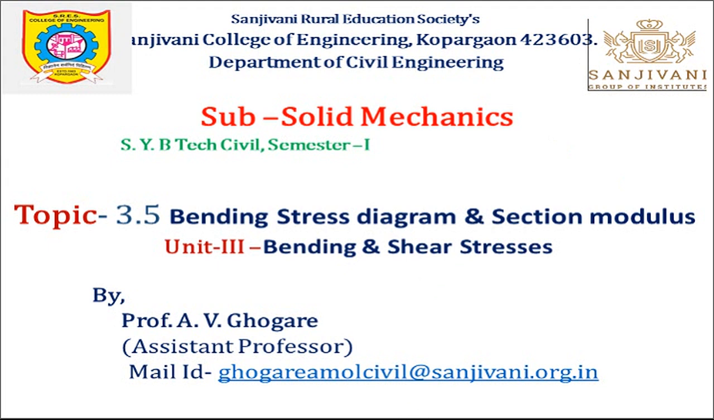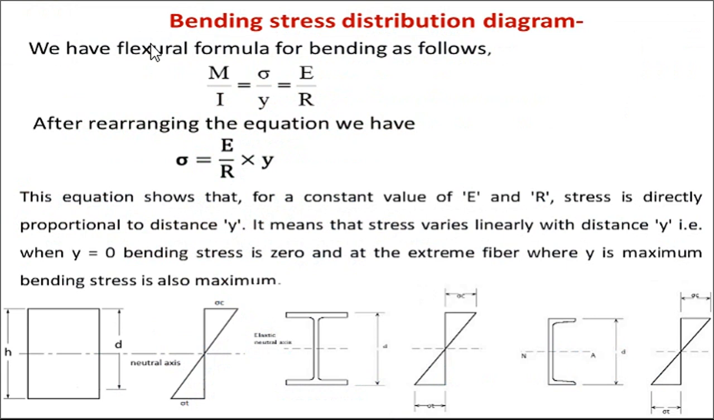So let us first of all see the bending stress diagram. We already have the flexural formula, which we derived in the last video lecture. After rearranging the equation, we also derived that sigma is equal to E upon R into y. All these terms you already studied in the derivation: M is the maximum bending moment or moment of resistance, I is the moment of inertia, sigma is the stress or bending stress in the beam